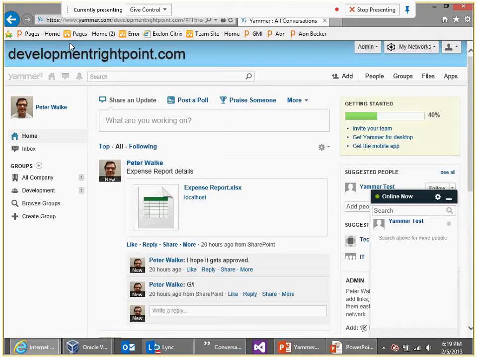So initially, Yammer was $15 per month per user. It's kind of steep, right? Microsoft bought them about 3, 4, 5 months ago, recently, and they dropped the price immediately to $3 per user per month. So it became pretty reasonable. And with that, you get that little button up there at the top that says admin. So I've already paid up for developmentrightpoint.com for my one user, and